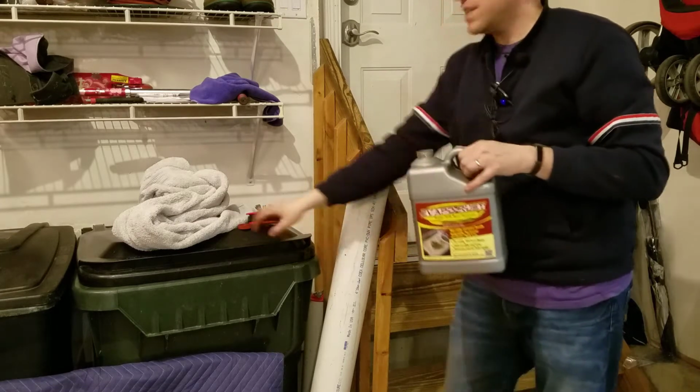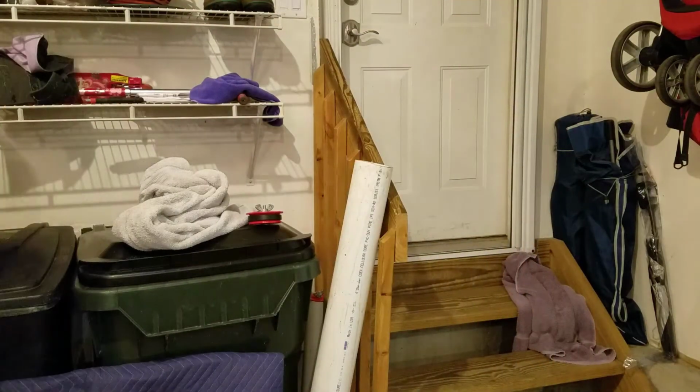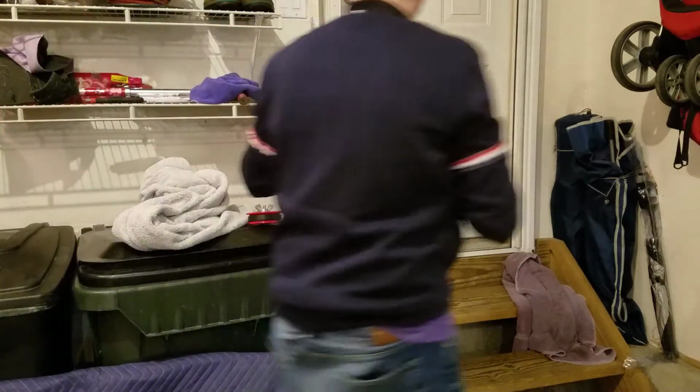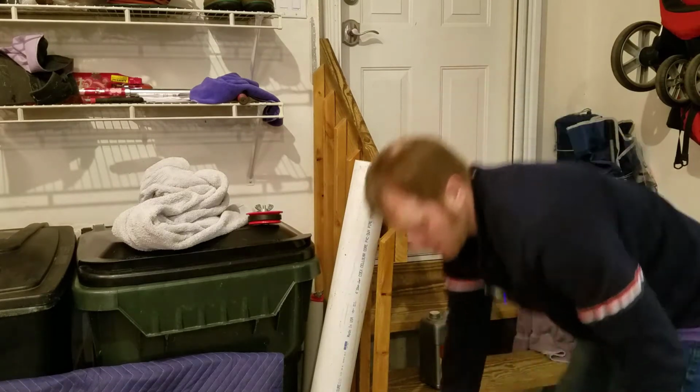So that's the first gallon. It usually takes 2 gallons. Sometimes they'll take a little extra, but put that one back. I'm going to grab a new one. So this is an unopened bottle of Evaporust. Go ahead and